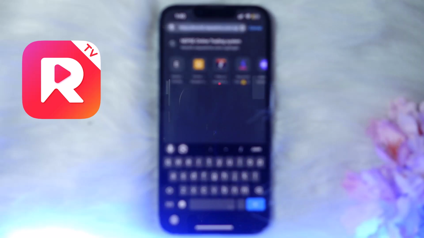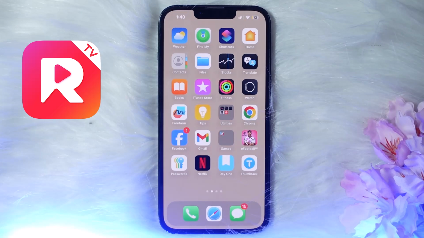So you may simply click on the option of search, and from there you may simply search the Real Sort on it. If that is available, you may simply install it from the third-party website, which I won't be able to show in my video. So that's it. That's how you can install the Real Sort Mode APK on a